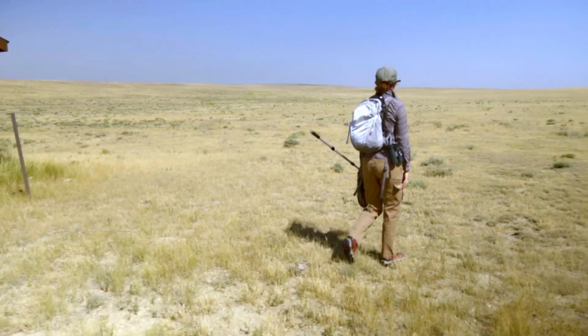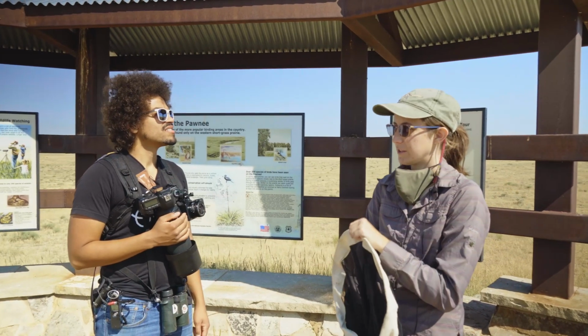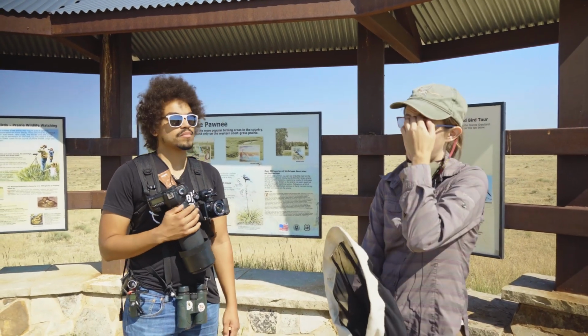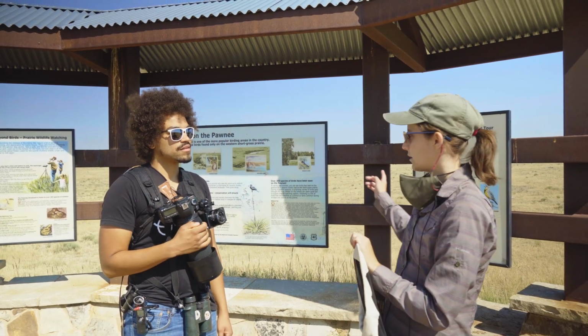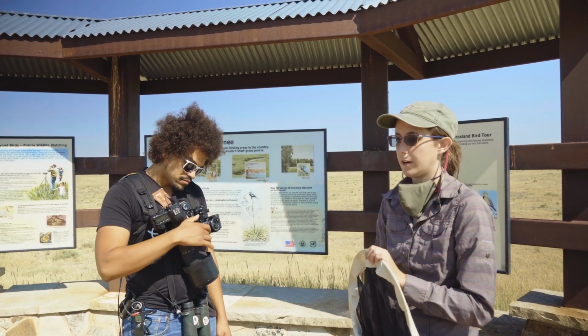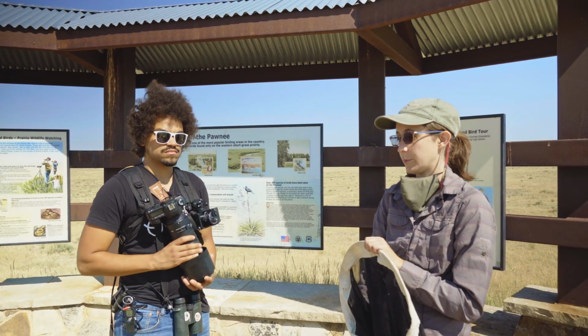It was established in 1960. This is the start of the birding tour, which is like an auto tour where you can sort of get out wherever you want basically and walk around. And we're gonna hang out here for a little while and walk down to the pond over there, and hopefully it's still there. And then we'll drive up a little further and look for sparrows and longspurs and maybe some